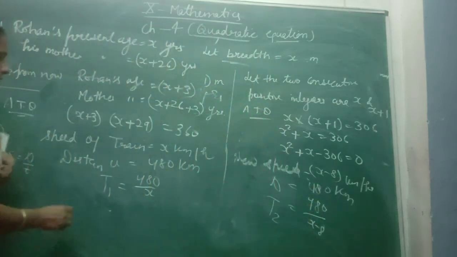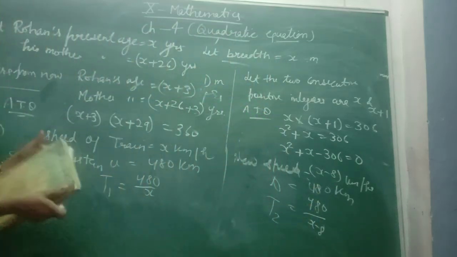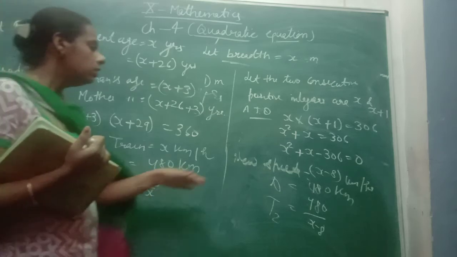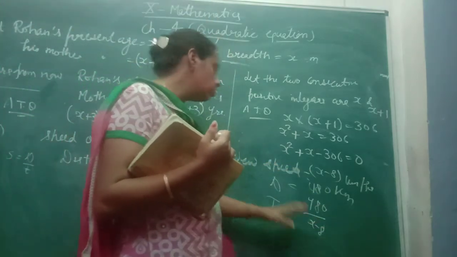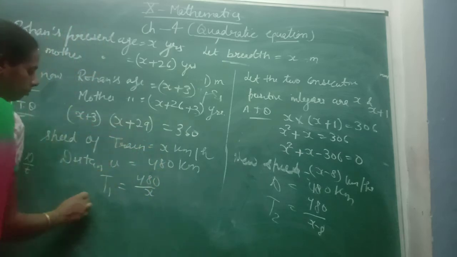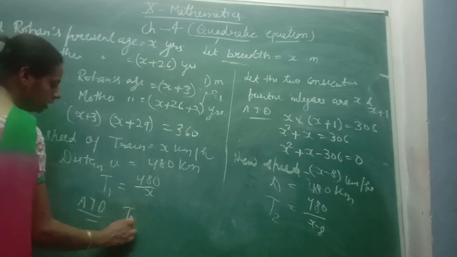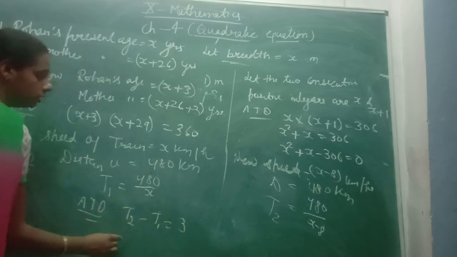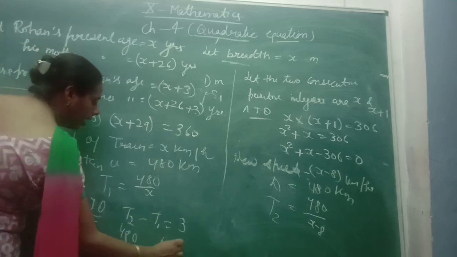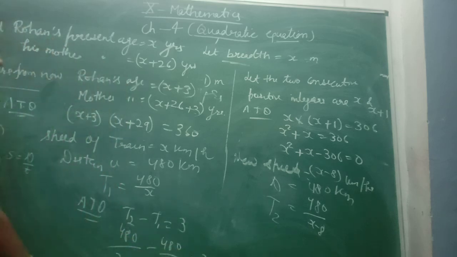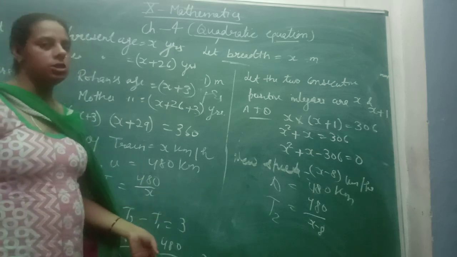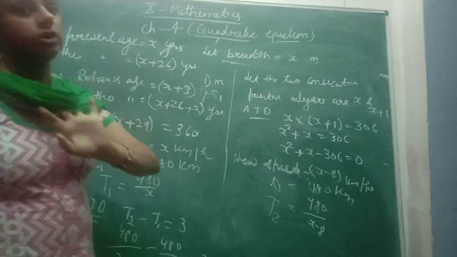Now the question is, I will write T1 minus T2 is equal to 3 या T2 minus T1 is equal to 3. अब आप ये कॉमन सेंस है कि ये स्पीड कम की है तो ये टाइम ज़्यादा लगेगा और इसके कंपैरिजन में ये स्पीड ज़्यादा है तो इसका टाइम कम लगेगा। तो हमें ज़्यादा में से कम minus करना होता है, so that is quite obvious. T2 minus T1 is equal to 3 and there T2 is 480 by x minus 8 minus 480 by x is equal to 3, and solve this equation. Okay, and convert into the general expression ax square plus bx plus c. Okay, here your exercise 4.1 is completed. Thank you.